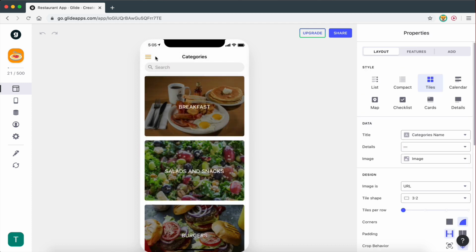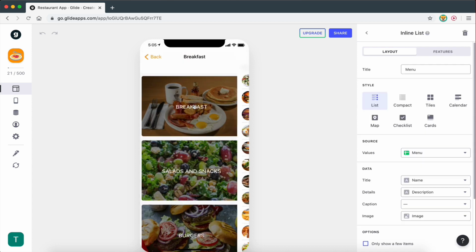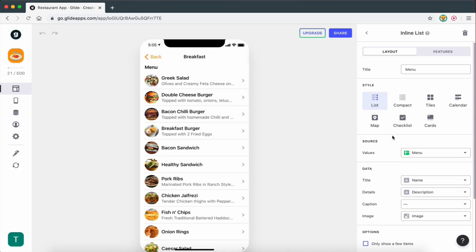And by the way, guys, we are within a category, so you can select any category you want. It doesn't matter, you know. The inline list is part of all the categories. And then here, what we need to do now on the source, we need to select category items. As you can see, it has created a new